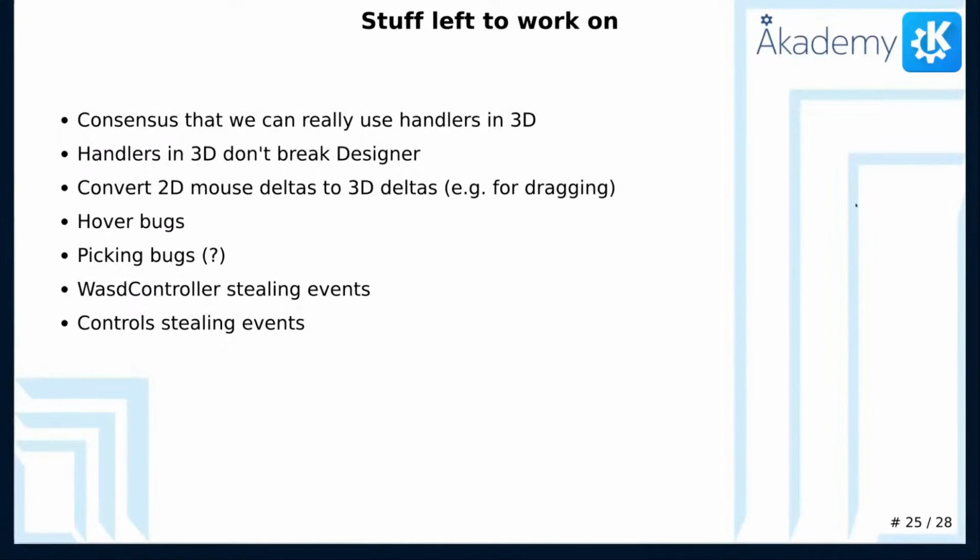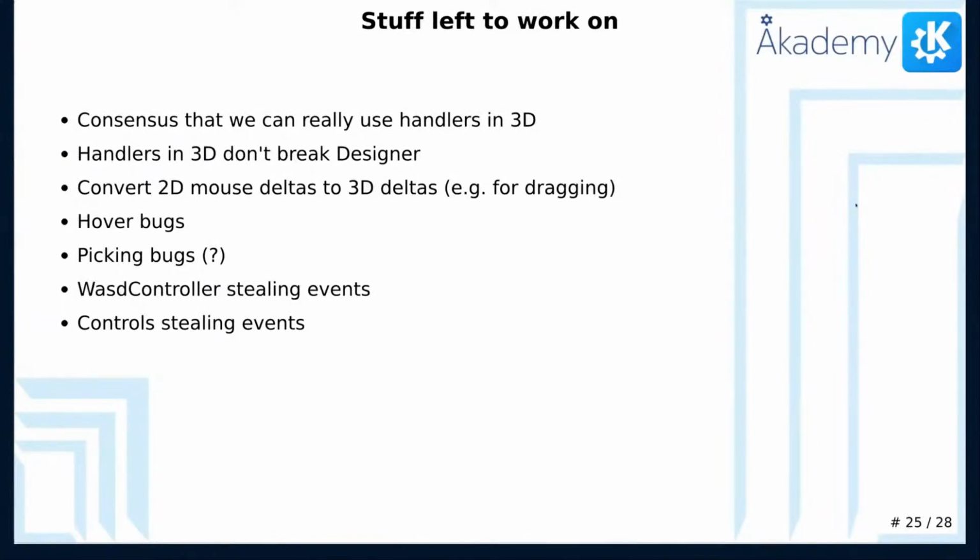On the other hand, as soon as I implemented this feature, it seemed to break Designer a little bit, navigation inside this QML puppet that it uses to visualize the scene. It also seems like Drag Handler is never going to be able to directly drag 3D models because it lives in Qt. It doesn't know about that. And so we're going to have to come up with a way to convert the 2D mouse deltas to 3D